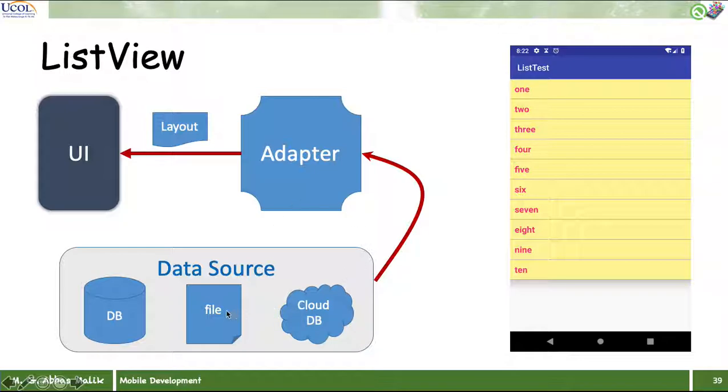So the data is being read from the data source, maybe an array, maybe a cloud database, maybe a file, maybe a database, by the adapter, and the adapter uses a specific layout for one item in the list. This layout is for only one item of the list, and it will be displayed in the vertical list form. Okay,